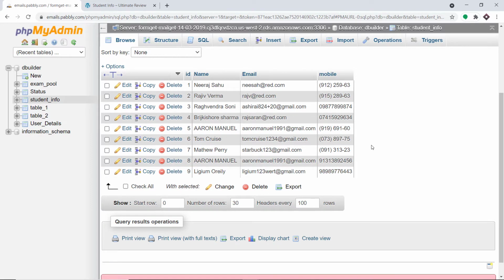Excellent. So you must be thinking, how did I do it? How did I manage to send the data from Elementor to MySQL? So here I have used an integration and automation software called Pabbly Connect that integrates Elementor and MySQL. Now the best part of using Pabbly Connect is there is no need for coding skills or programming knowledge. Let me show you the process.